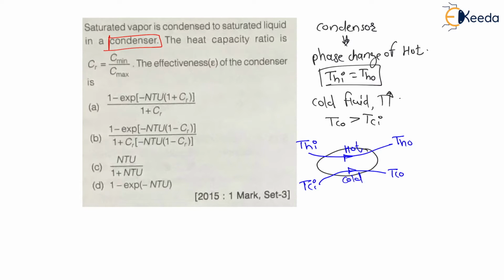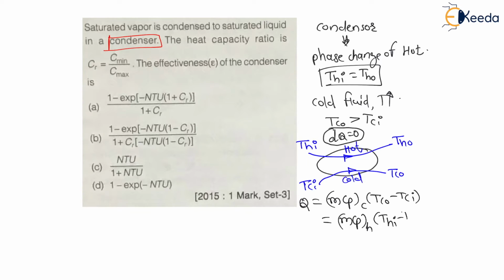Now my dear students, the heat exchanger is an adiabatic process, means the heat transfer to the surrounding is zero. That is, heat loss to the surrounding or heat gain from the surrounding is zero. That means whatever heat is lost by the hot fluid is equal to heat gained by the cold fluid. Therefore, the net heat exchange between hot and cold fluid will be, if I consider cold fluid, mCp of cold fluid into temperature difference of cold fluid, that is Tco minus Tci, right? And if I consider hot fluid, then it will be mCp of hot fluid into temperature difference of hot fluid, that is Thi minus Tho, right?